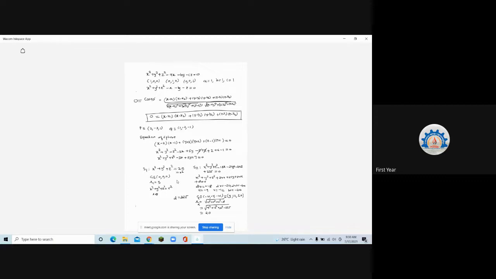Now what do you have to find? The distance between C1 and C2. So you make use of the distance formula. C2 is (9, 12, 20) and C1 is (0, 0, 0). So (9 minus 0) whole square plus (12 minus 0) whole square, which is 12 square, plus (20 minus 0) whole square, which is 20 square. You check: 225 plus 400 becomes 625, and the square root of 625 is 25.